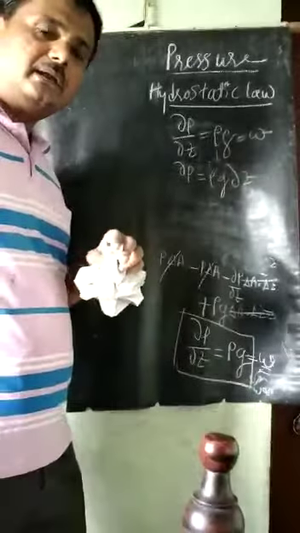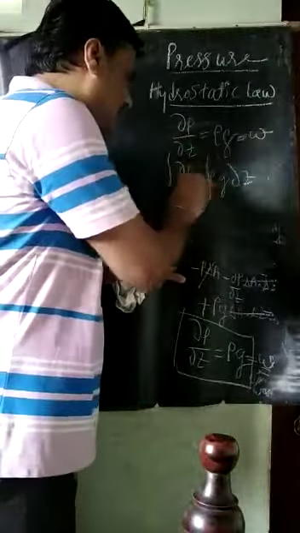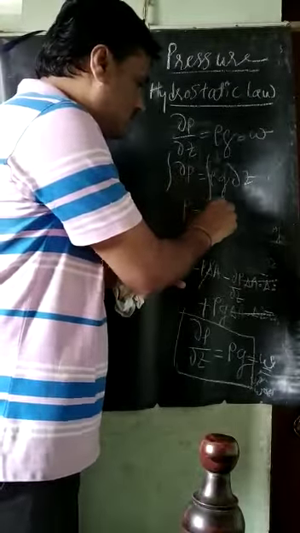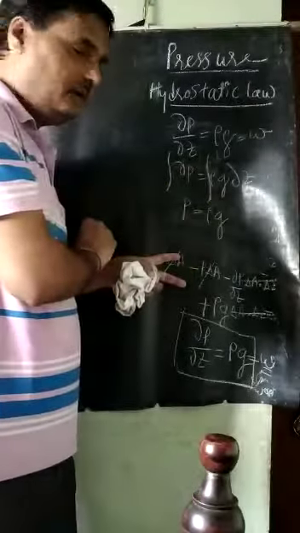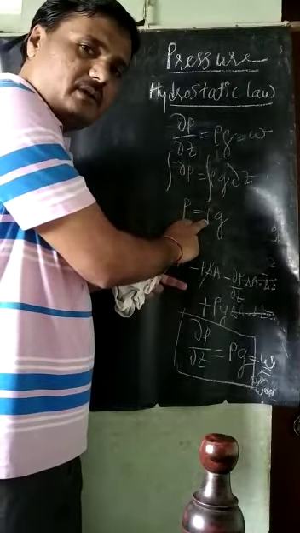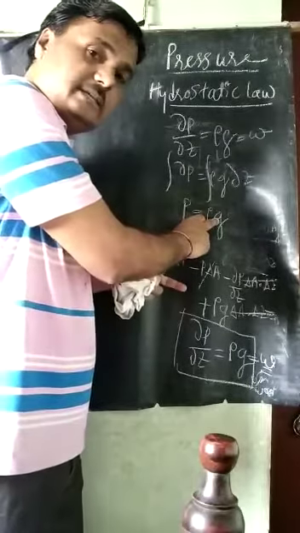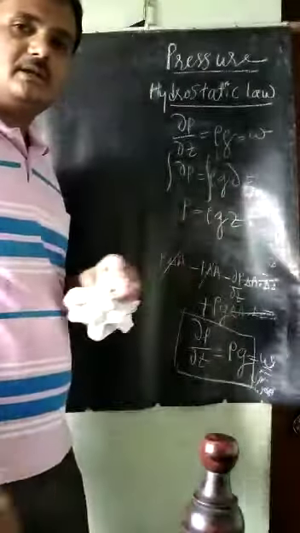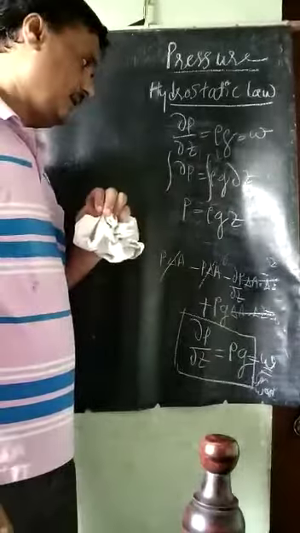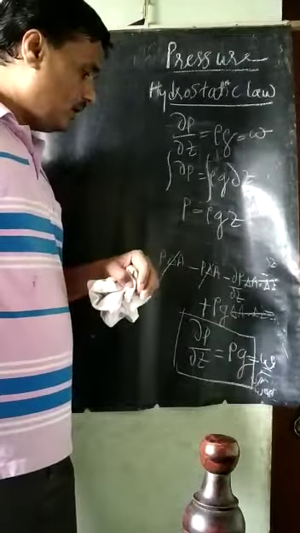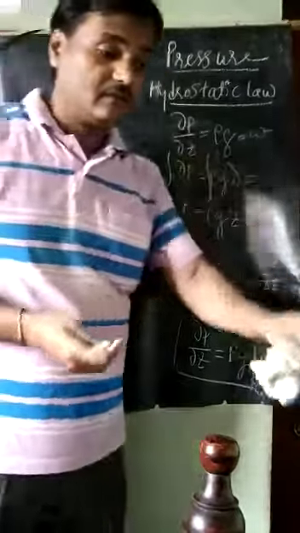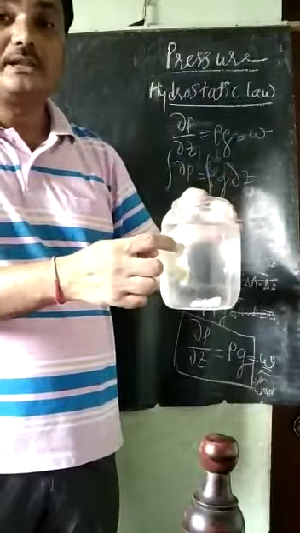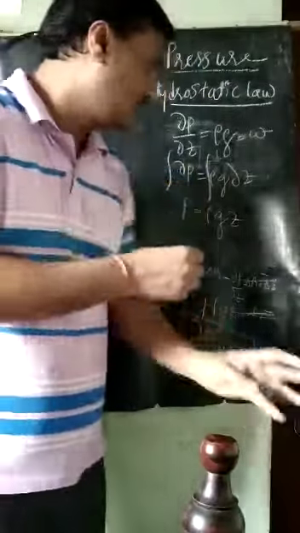Now I will integrate it here. If I integrate here now, the integration of dou P is P here, this is equal to rho G, which are constant here, because rho is the density of the fluid, its a property, is a constant, and G is the acceleration due to gravity, and the integration of dou Z is Z here. So now Z is what? Z is the distance from the free surface, where that point is there,